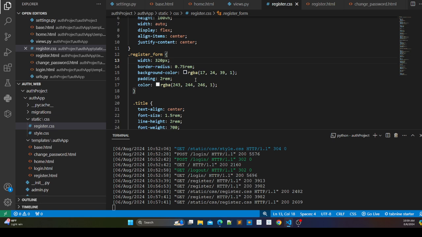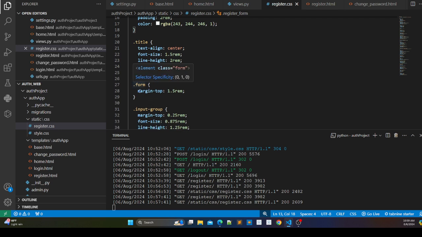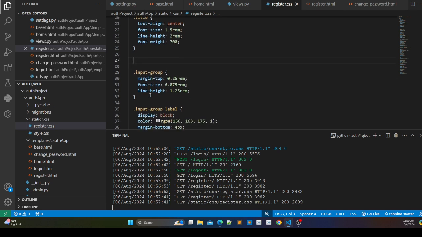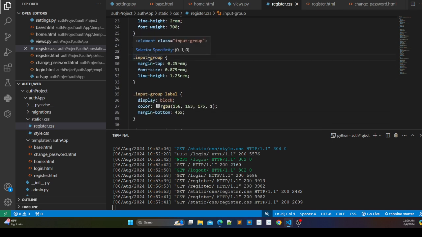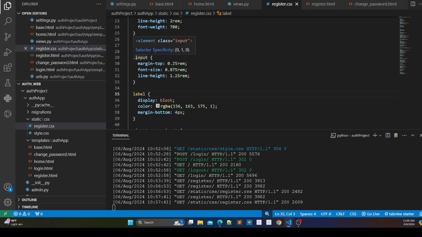Color is this, all good, so we don't need inside this form. Okay, so we will not put this form also, so we'll just remove this one, and inside the input we will only take that as input only. Okay, so this will be only input, and this will be only the label. This will only be the label, this will only be the input,